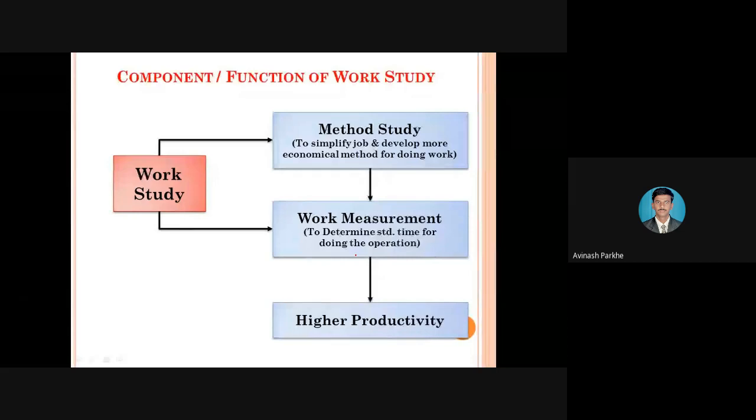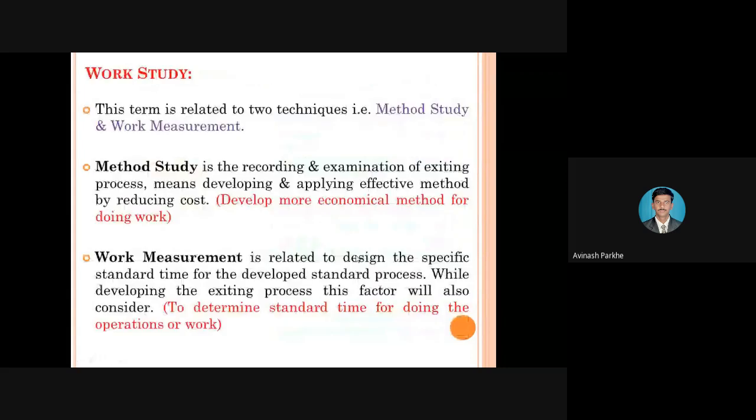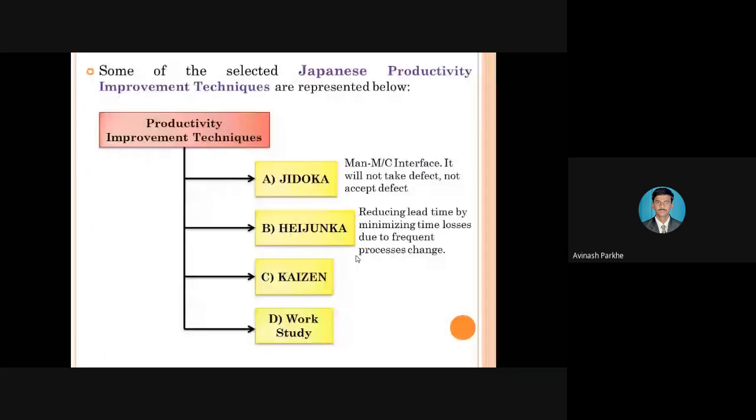The first one is the technique related to jidoka. We have discussed jidoka. It is one of the Japanese techniques which is used to increase productivity. Then heijunka is also one of the Japanese techniques which is used to increase productivity. Both techniques are mostly related to the man-machine interface, and in order to avoid some defects,